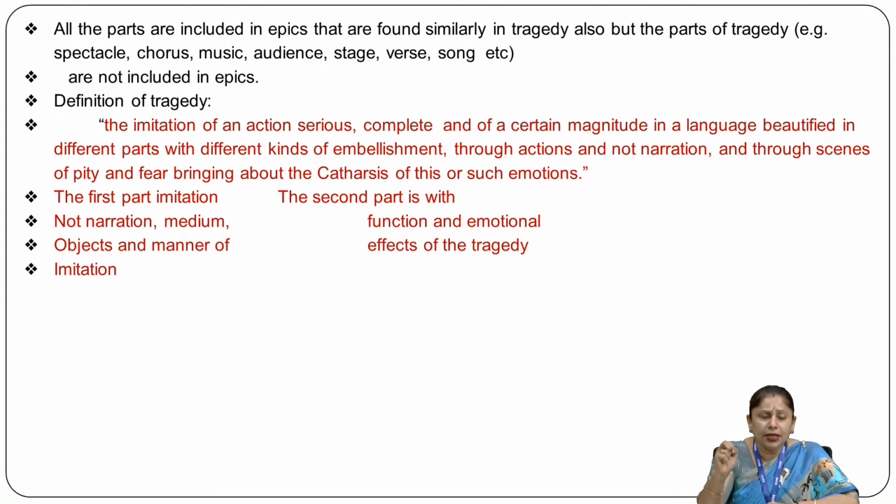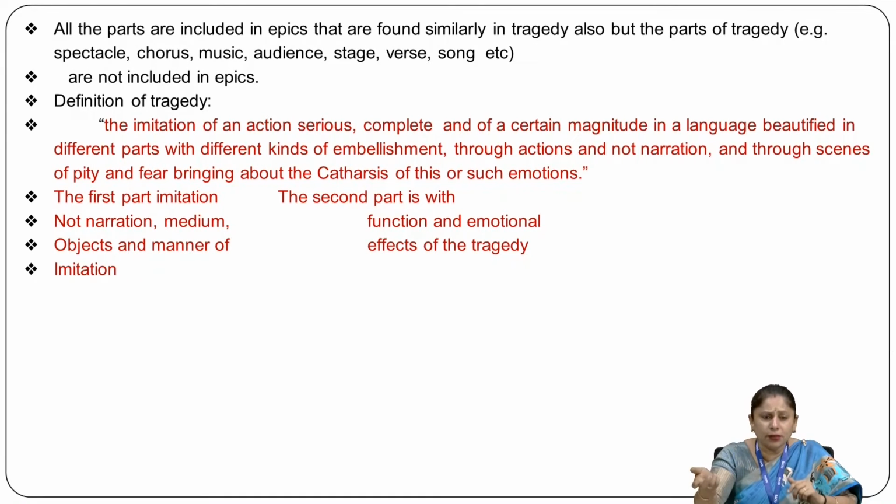For example, epic is a long, big, descriptive poetry which has many digressions, many characters, and is of grandeur quality. So naturally epic does not contain stage, audience, or music. Even so, it has music, stage, and audience if it is presented in a